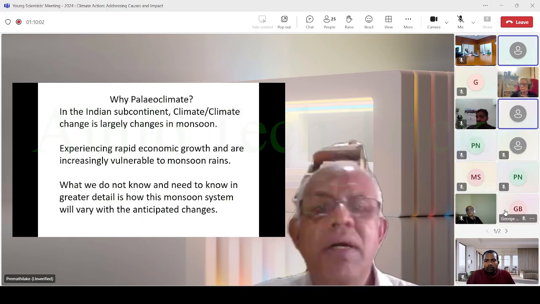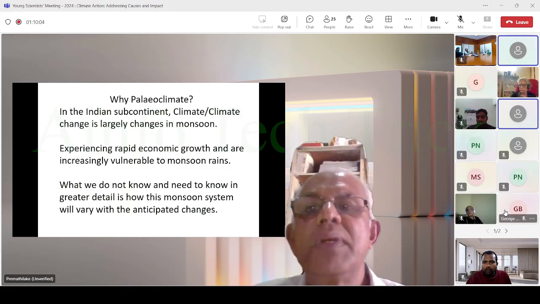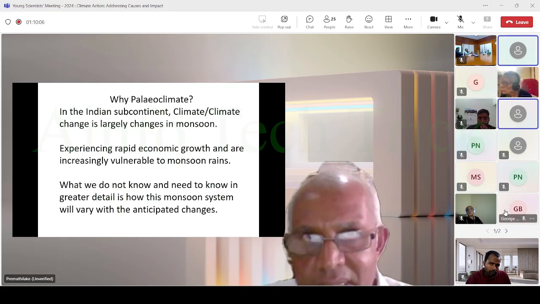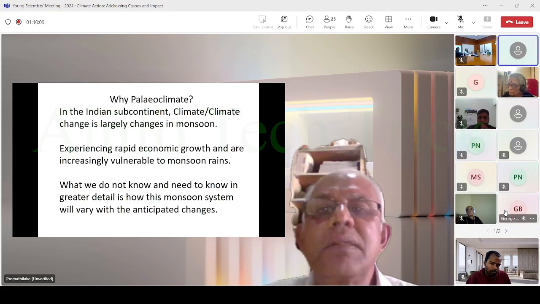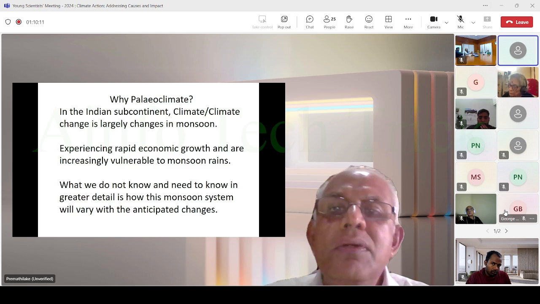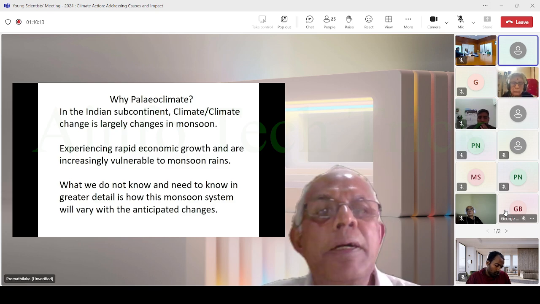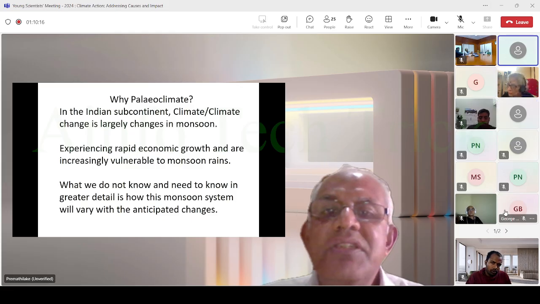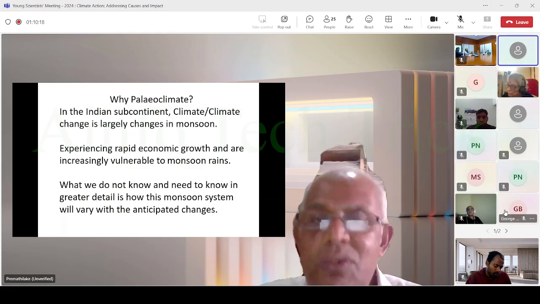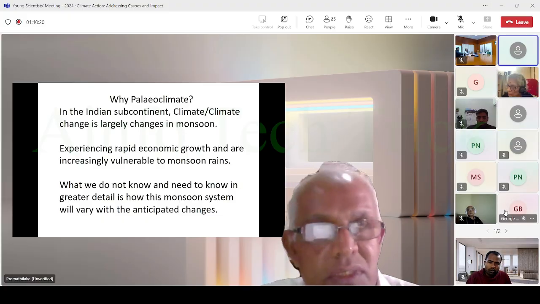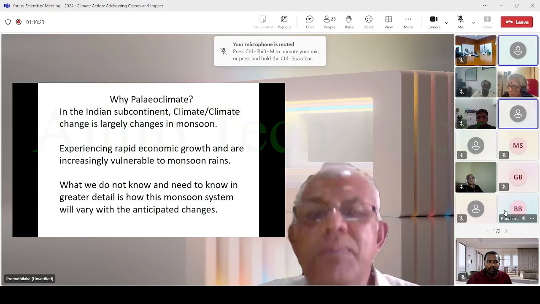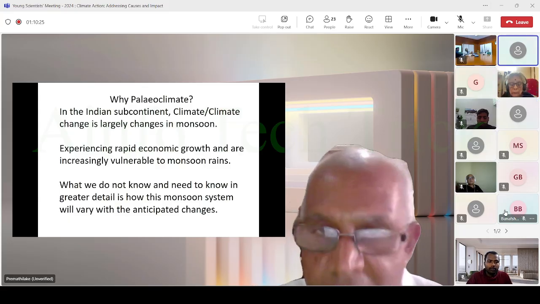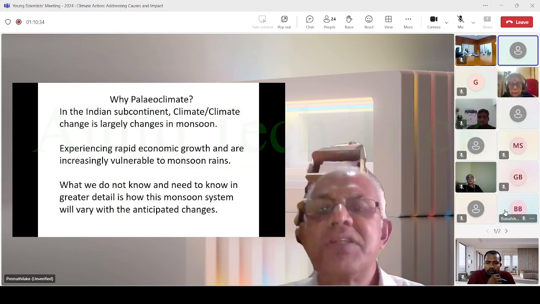Then it's better to highlight why paleoclimate is needed. Mostly we are talking about the Indian subcontinent. Sri Lanka and India are the main part of this continent, including other countries. In the subcontinent, the climate is largely driven by the monsoon system. We have a southwest monsoon and northeast monsoon in Sri Lanka, usually called the Indian monsoons, which largely influence this area. Both countries, India and Sri Lanka, experiencing rapid economic growth, are increasingly vulnerable to monsoon changes,